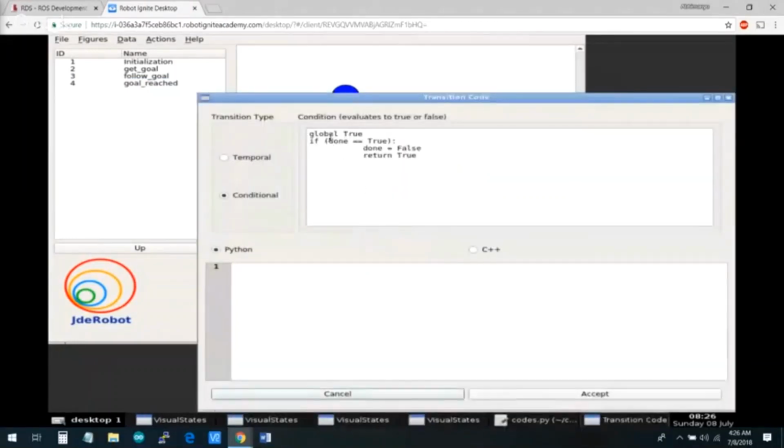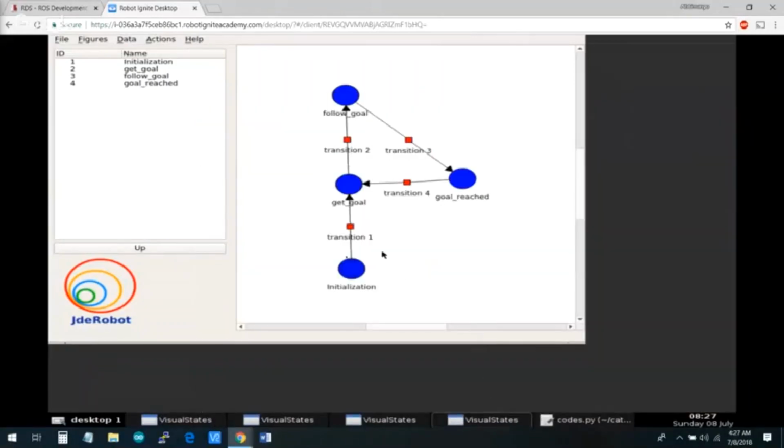We are checking whether done is true, and if it is true we are returning true and making it false again. Why are we making it false again? Because we want to use the same variable again in other states, to make it only go once, right? So once the initialization process is done, done becomes true and the transition happens, and now you can go to the get goal state